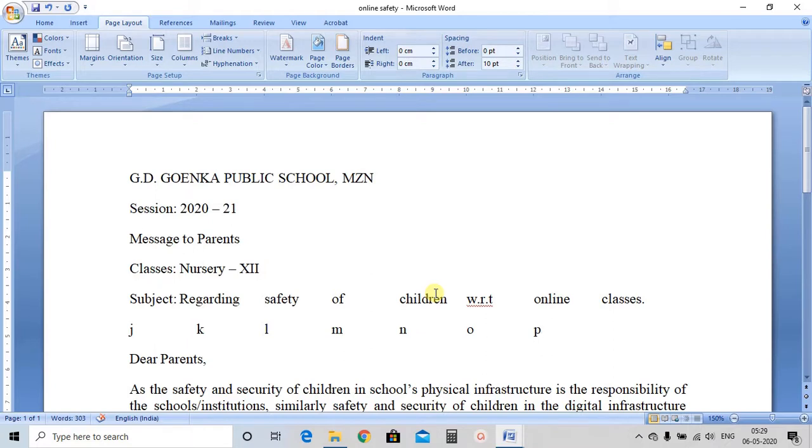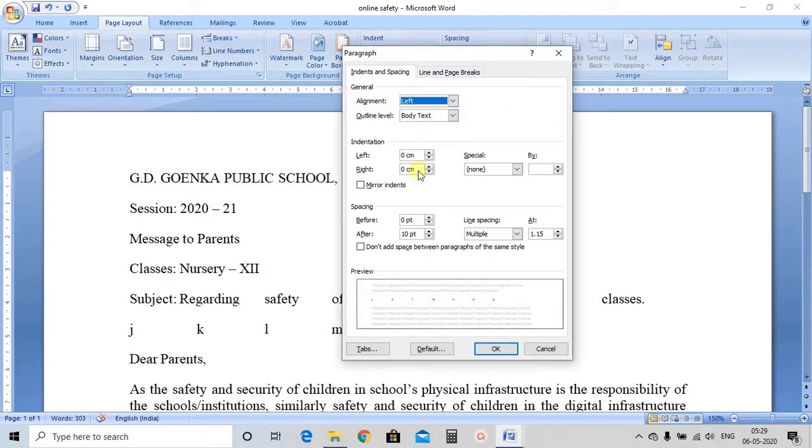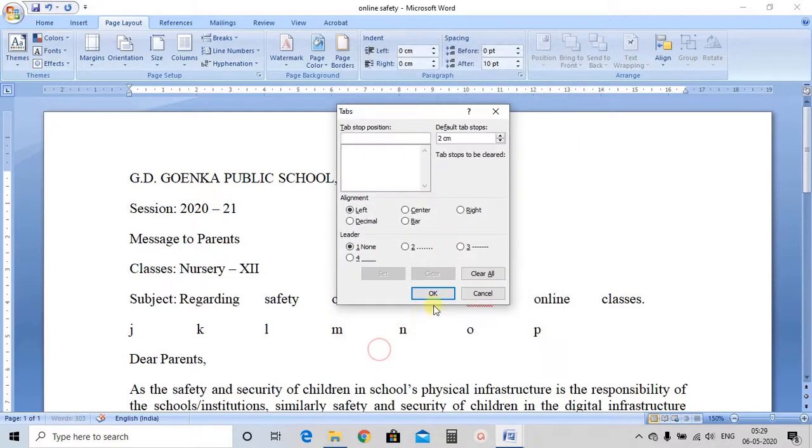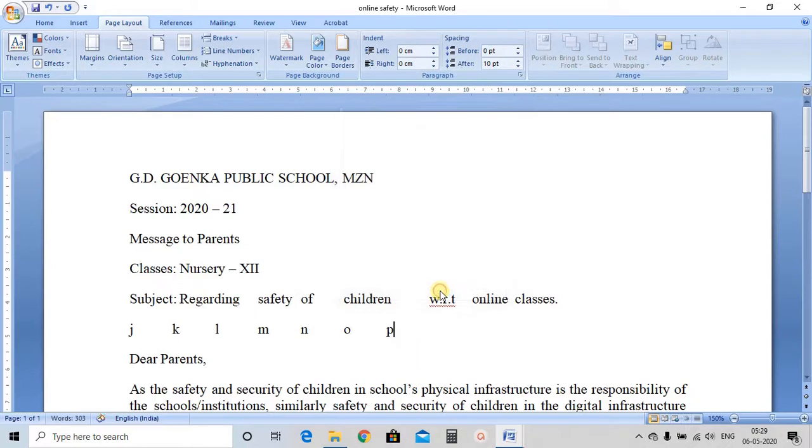And if you want to decrease it, you want to bring it to the default, again click on the paragraph, then go to tabs, and then reduce it. It is 1.27 around, and OK. So it will reduce the space.